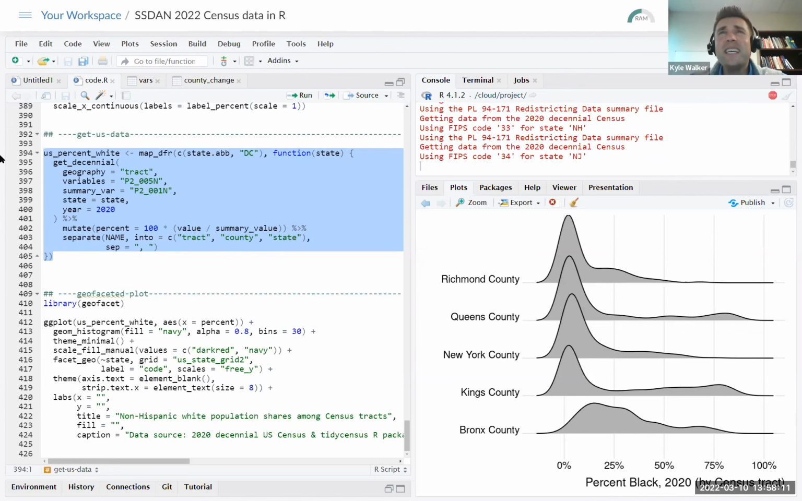So you'll notice it just takes a few moments to do this. It's stepping through every single state. It's grabbing all the data. It's calculating percentage non-Hispanic white along the way. And then once it gets through every state, and really this is taking only about a minute to acquire,